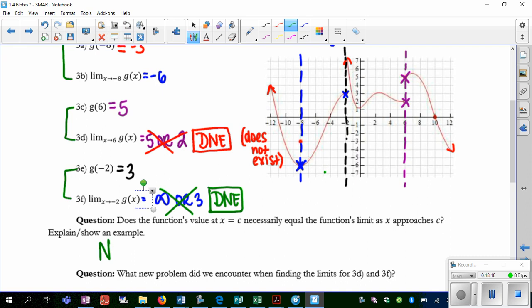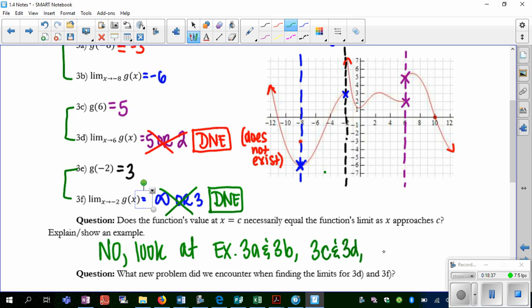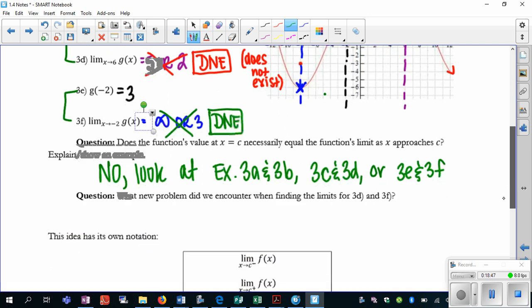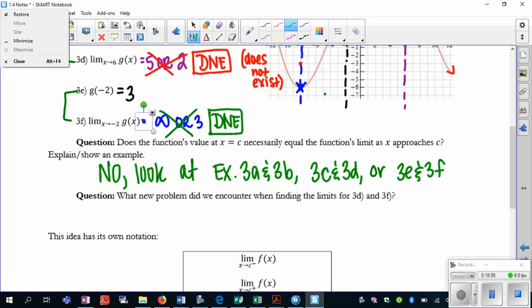So I'm going to just say no, look at examples, let's just say 3a and 3b, or you could say 3c and 3d, or 3e and 3f. We're seeing it in all the situations where the limit and evaluating the function are not the same. And then this next thing is, what new problem did we encounter when finding the limits for 3D and 3F? Well, we got two different y values